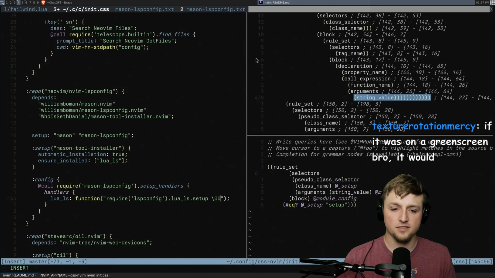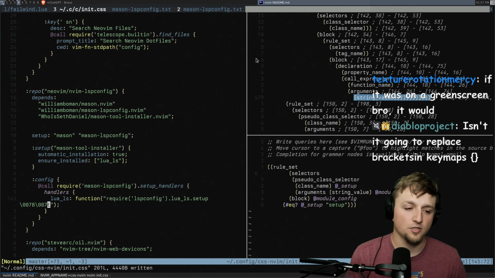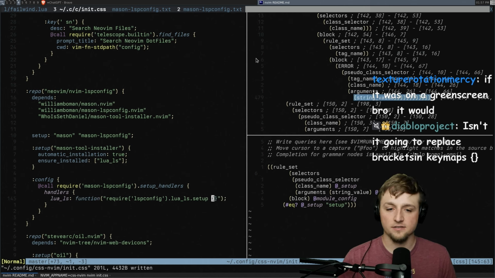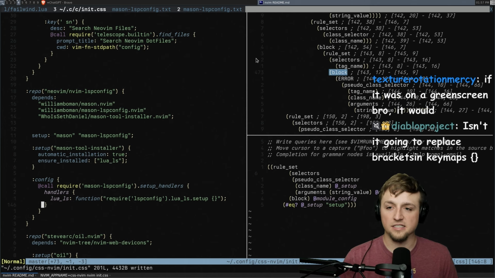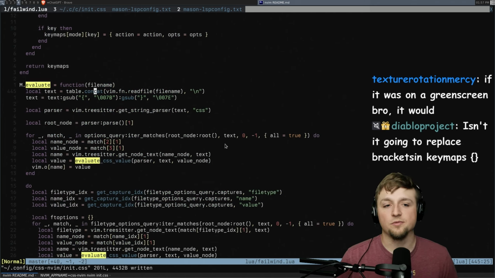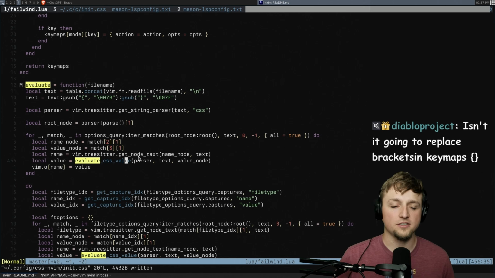Slash 007B. Something like this. Slash 007E. Okay, so now it's fine. Now it doesn't care. So that's good. So when we do this here and we have this going on, it really doesn't like that for some reason. It just gets scuffed. But we can fix that, because when we parse this text, we can do this. That's good. We go through here, blah, blah, blah. Evaluate CSS value, blah, blah, blah. Okay. So now, though,